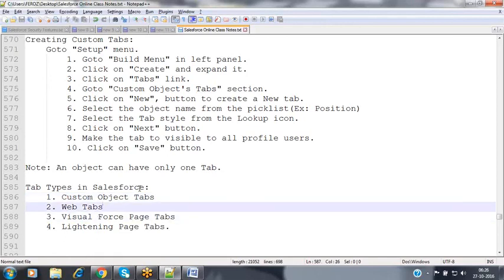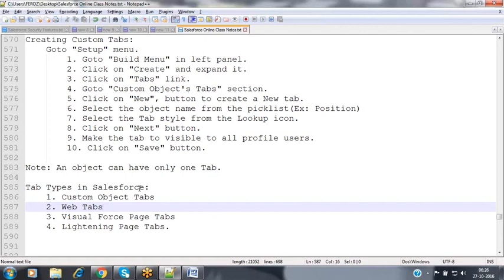Sometimes, when I click on a tab, it has to open an external application. For example, I have a tab inside my Salesforce organization for Microsoft Outlook. When I click on the tab, Microsoft Outlook has to open. Outlook is a separate external application, a separate website. It may be Google or anything else.